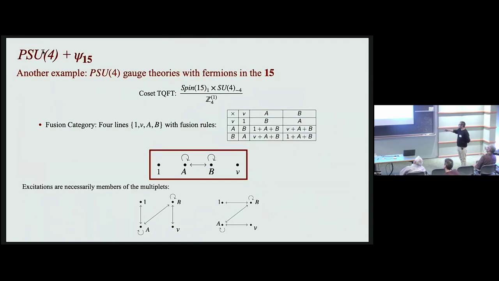And in the same vein, we can see that certain excitations have to be in the spectrum, which in this case are excitations that connect the vacuum capital A and capital B. And there are going to be particles in the vacuum A and particles in the vacuum B with the same mass. And this must belong to either this multiplet or this multiplet. Which one, I don't know, because that's a question of dynamics, not of symmetry. But they have to appear in either one of these multiplets. Good. So these are basically the examples that I wanted to tell you about based on the previous strategy.